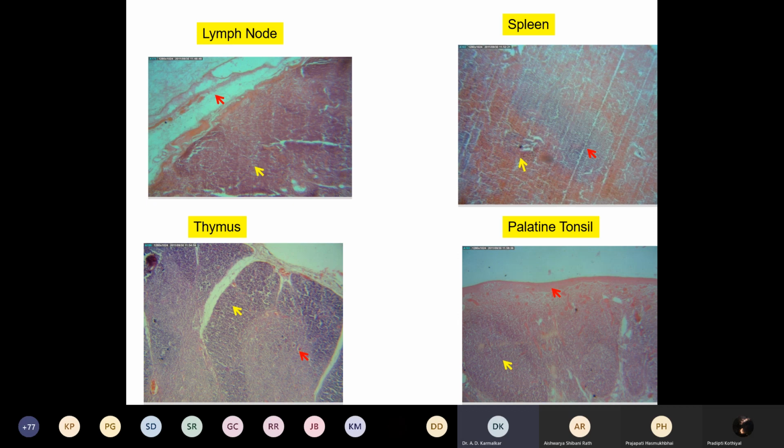If you compare this slide, it will become easy. See the previous slide, read it, compare with this slide, and you will get a clear picture of the identification of the different lymphoid organs. Okay, so go through this because these are quite confusing slides. You have to see them again and again.